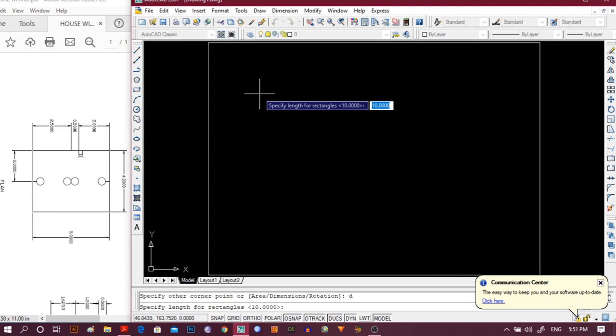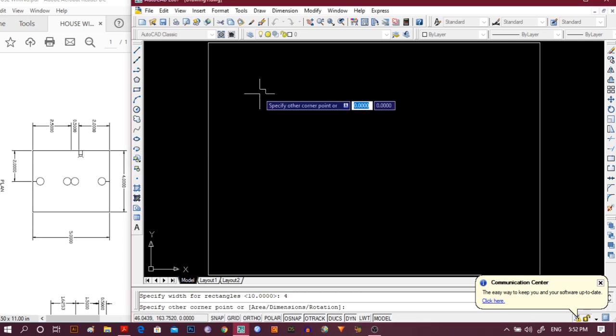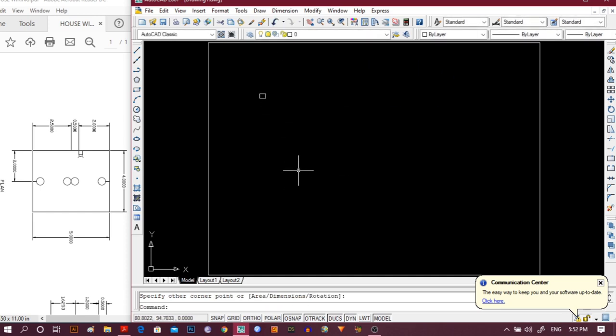So first I consider the length of the rectangle as 5 and then the width as 4. And then we get our rectangle here.